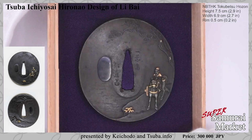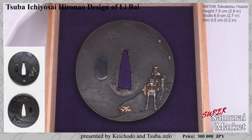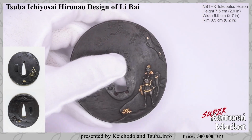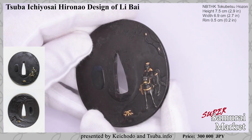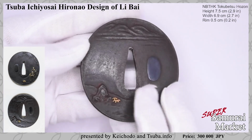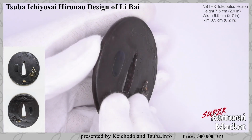Next up is tsuba number 2 of Super Samurai Market's presentation for Token Matsumoto. The maker Ichiyosai Hironao was active during the late Edo period in Mito. He was a disciple of Uchikoshi Hirotoshi, one of the most famous Mito masters. We can see quite a similarity to his master in the carving of the kakihan. As expected from a good Mito master, the iron is well forged and we see a slight tsukinokoshi rim, which